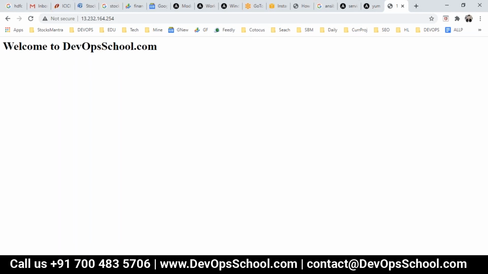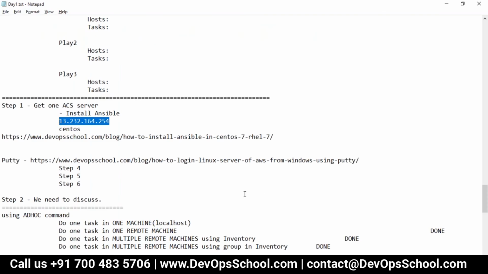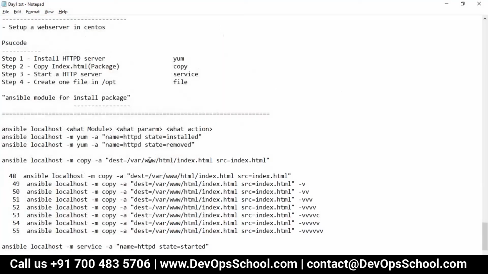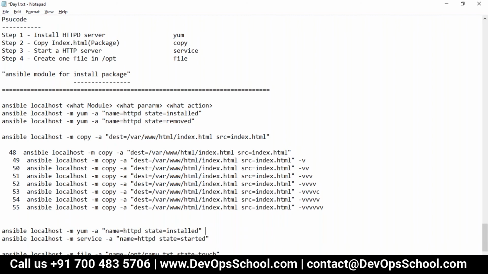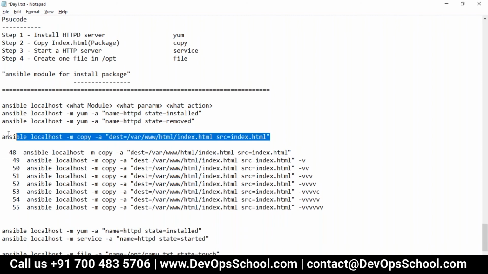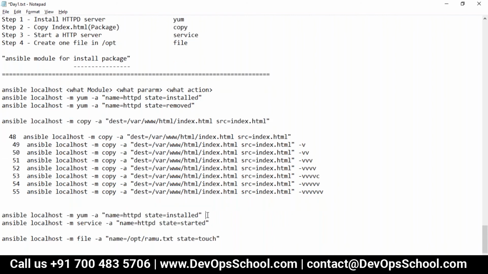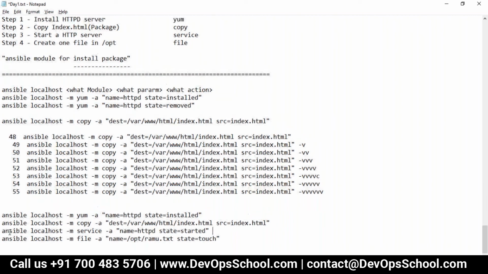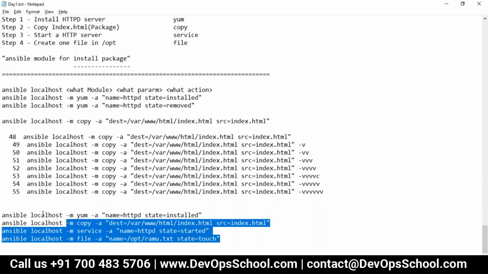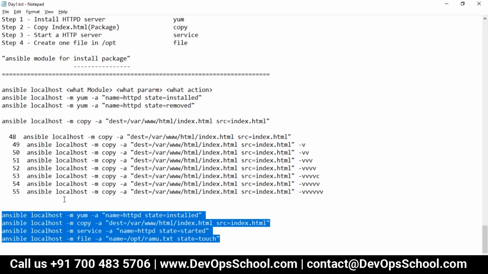Now guys, the same command which I have used just now, same command here. These 4 commands will set up your web server, but on which machine? Localhost.